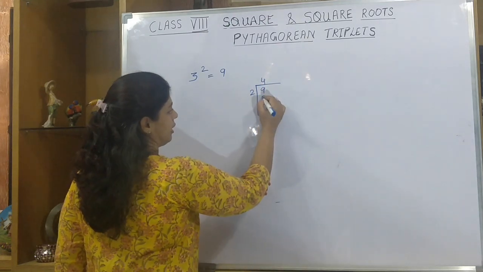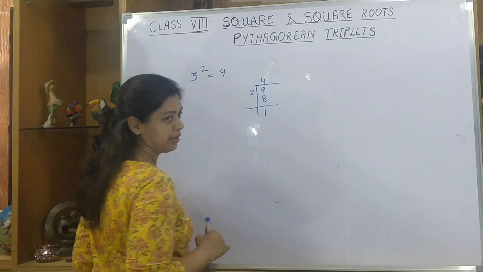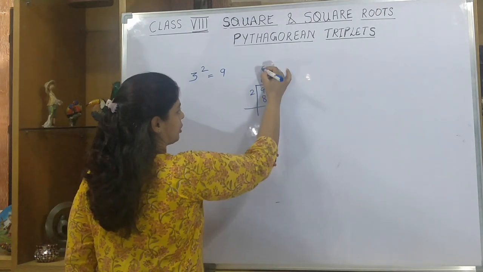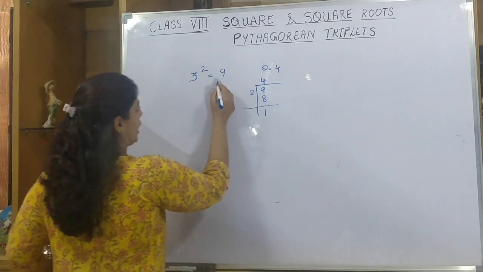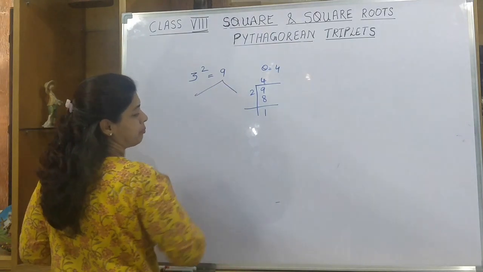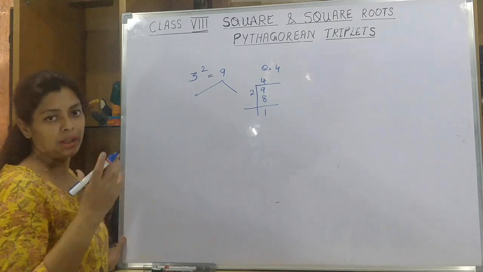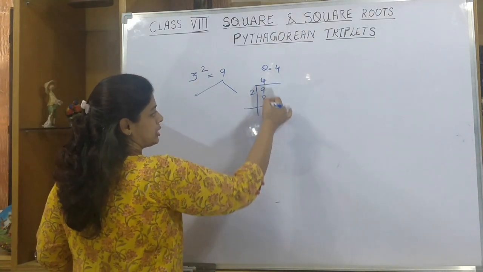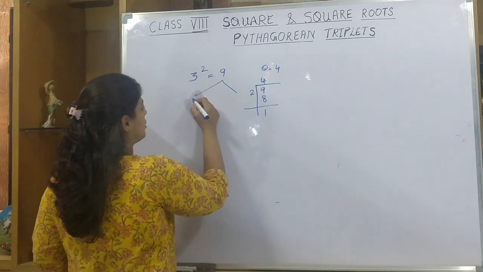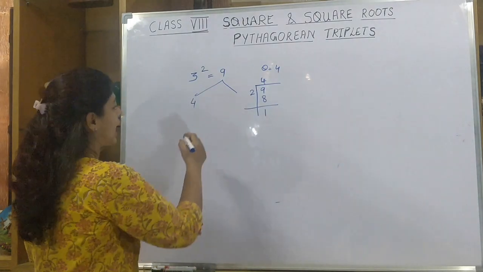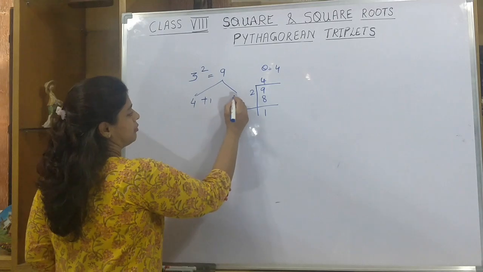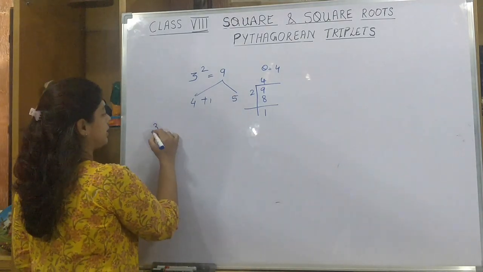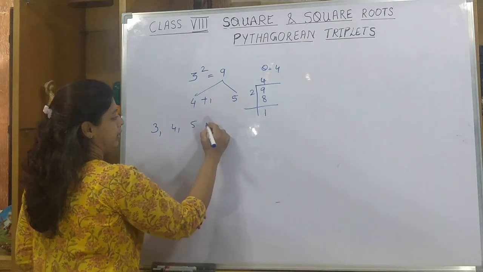2 4s are 8, remainder 1. Now I just see the quotient part. I forget about the remainder. My quotient is 4. For 9 I can do it manually also because it is a small number. I know that 4 plus 5 gives me 9. But for big numbers we use this method. The quotient we take as one number of the triplet, add 1 to it, which gives me 5, which is the third number of the triplet. So I can say that 3, 4 and 5 form a